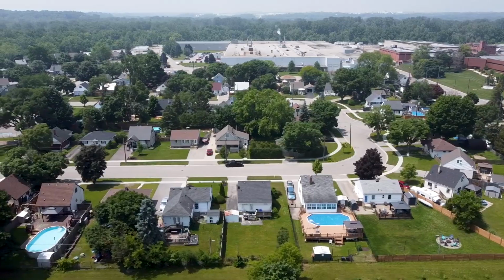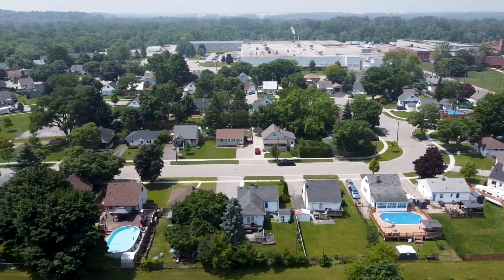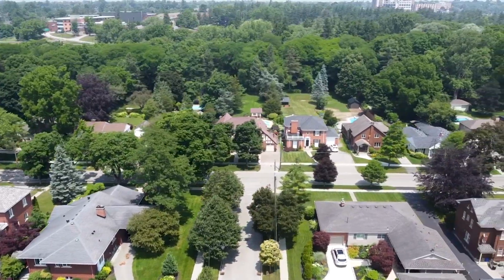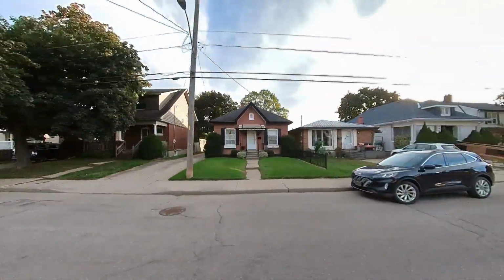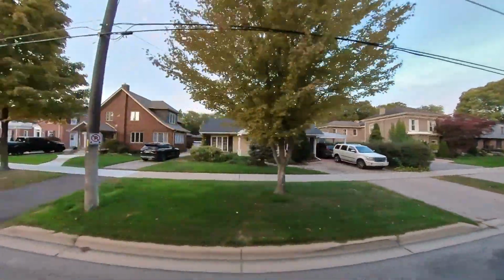And then as for what you can expect for the real estate in this neighborhood, it's again primarily detached homes, as this made up 65% of the real estate sold. However, they are typically built between the 1950s and 1960s. However, this neighborhood is going to widely vary, as you'll also find some detached homes that were built in